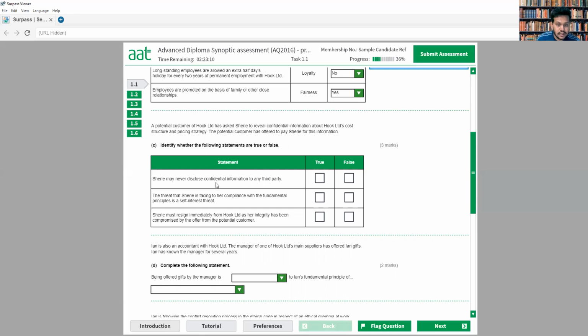Siri may never disclose confidential information to any third party. This question is tricky, very tricky. They are saying "may never disclose." That's not true, is it? That's false, because